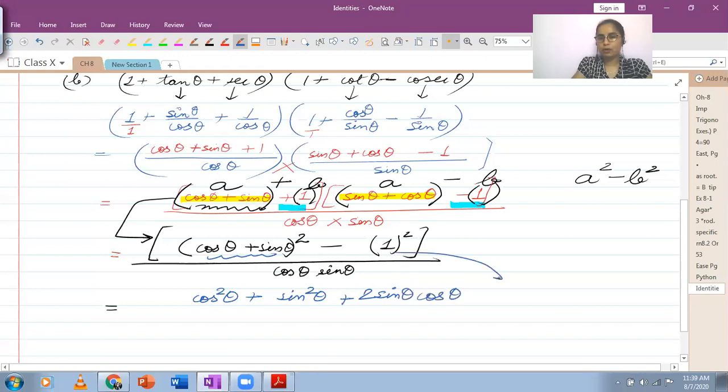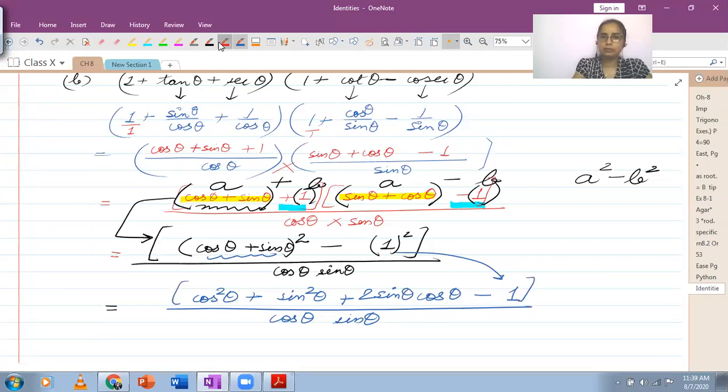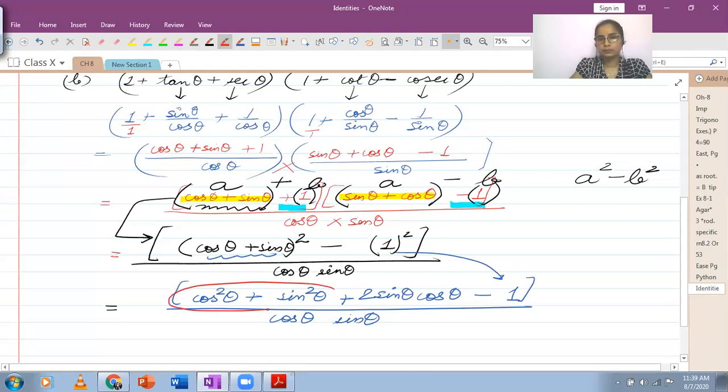And the square of 1 will be 1. In the denominator, you have cos theta multiplied by sin theta. Now, at this step, can you see if any identity is applicable? Ma'am, A square plus B square